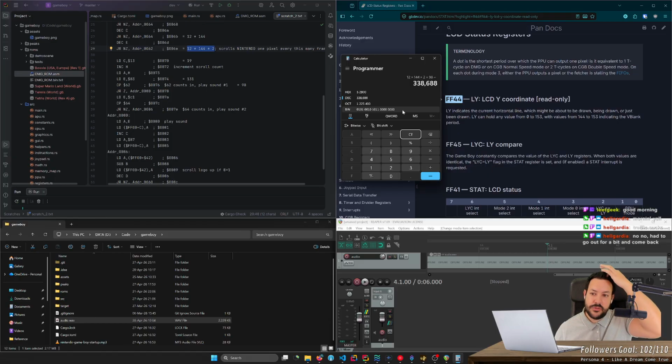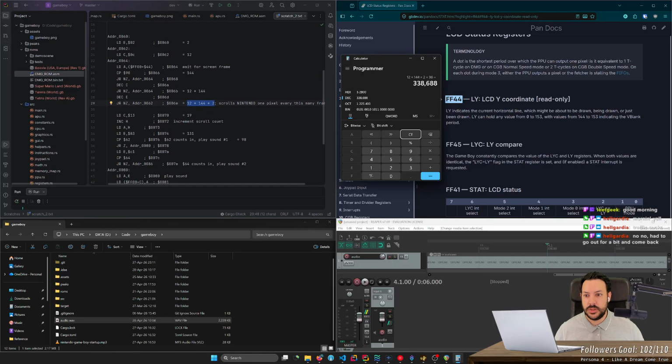This is how many frames it takes to... no, this is not the number of frames. No, for frames I need to divide by 144. So this is the number of frames that it takes to scroll, which dividing by 59.7.